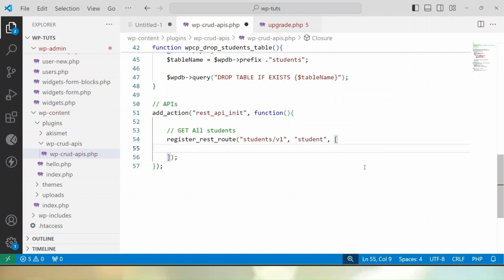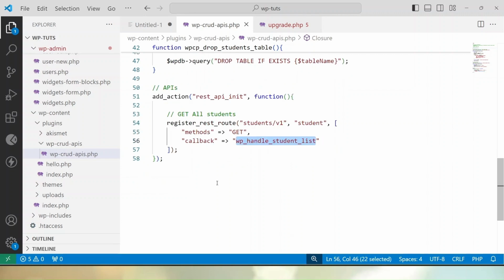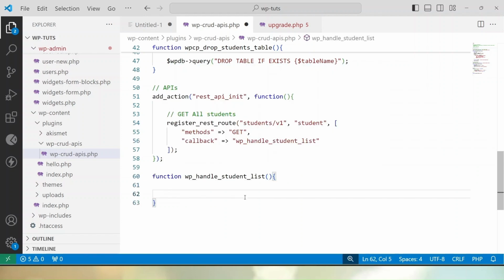So this API we will call using the GET request type. So methods equals GET, and here let's say callback, it's wp_student_list, or let's say wp_handle_student_list. Let's copy this callback function because it's a function. So whenever we call this API, it will hit this method using the GET request type. So simply let's say function name, and here